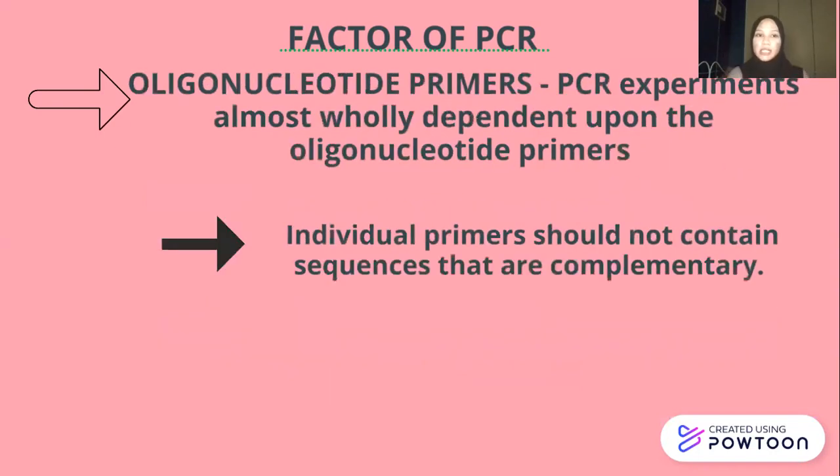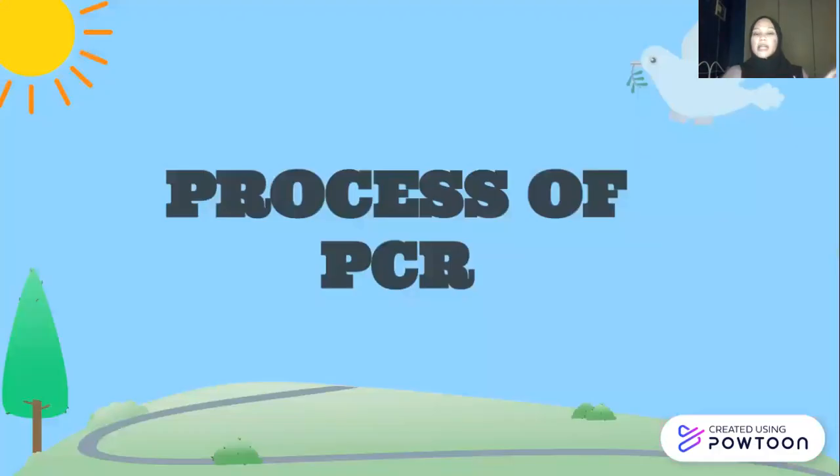Okay, the second one is the oligonucleotide primer. This PCR experiment wholly depends on the oligonucleotide primers. So the individual primers should contain sequences that are complementary. Okay, now I want to tell about the process of PCR that is very important to make our DNA successful